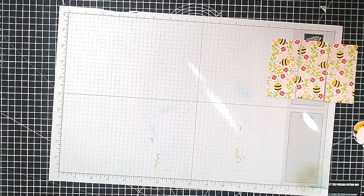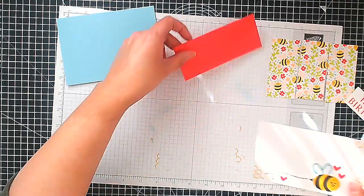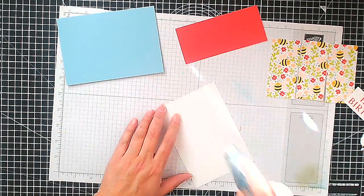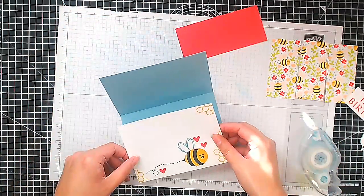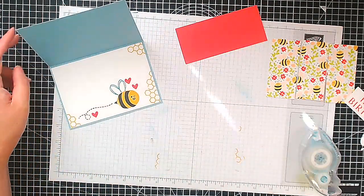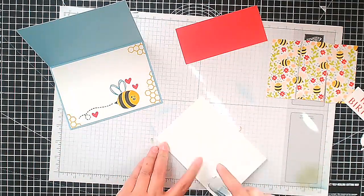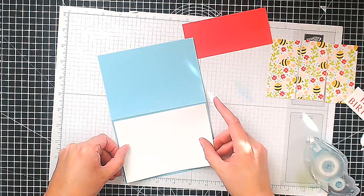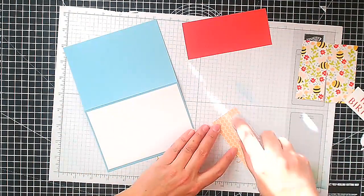Okay, so time to build our card. Our card base is Balmy Blue. It's a standard A6 card base. That's an A4 sheet cut in half and then folded in half. I'm going to put our insert now on the inside. Isn't it cute? And then on the outside I have another piece of basic white, same measurement. We're just going to put that down there, and then we're going to take our panels that we've created here,